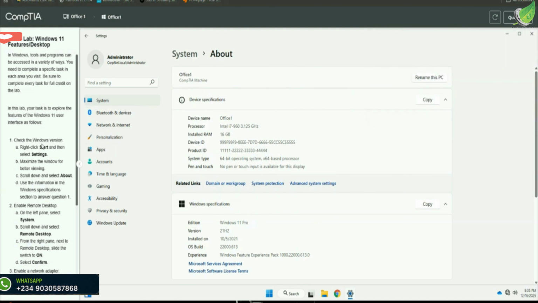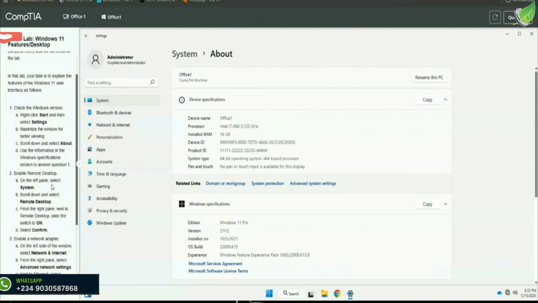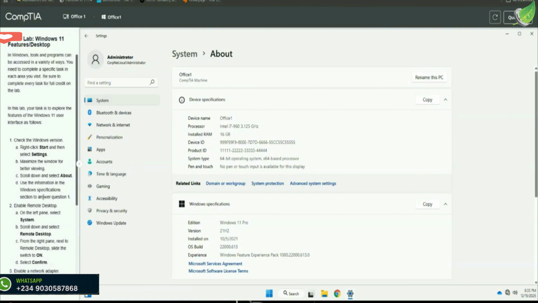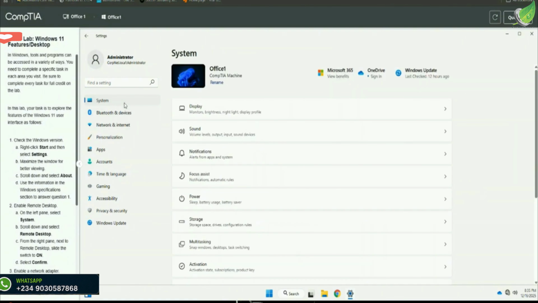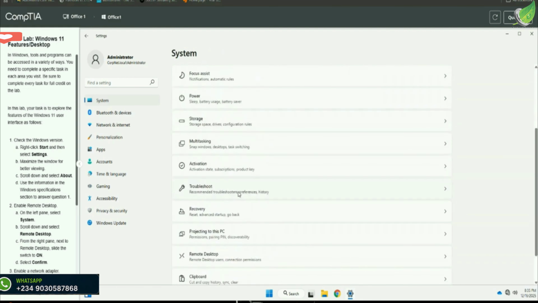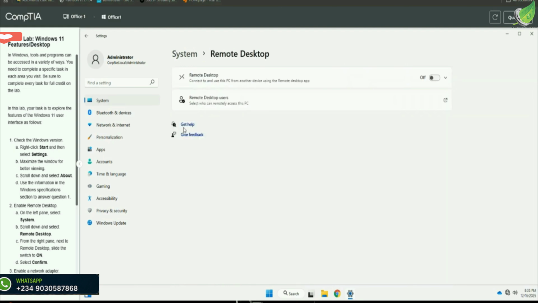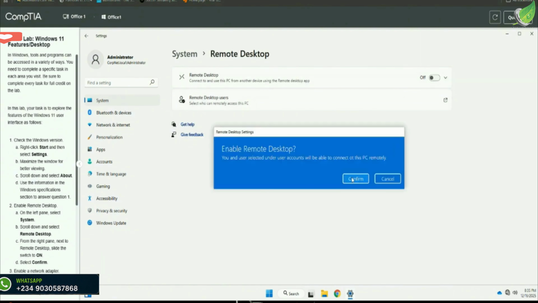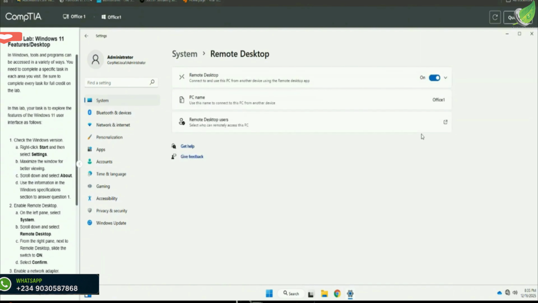Check the Windows version. That has been done. Enable remote desktop. On the left pane, select System, scroll down. Okay, so we'll go to System, scroll down, go to Remote Desktop. We turn this on. Go ahead and confirm. Go ahead, scroll down,